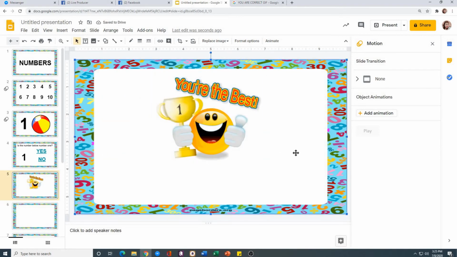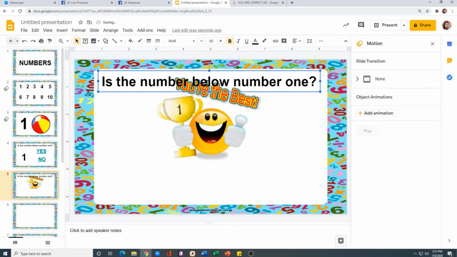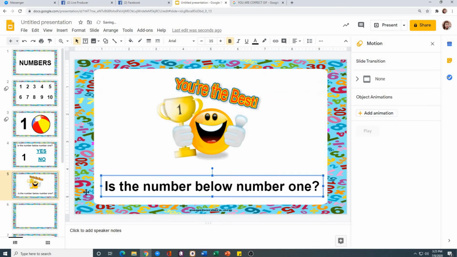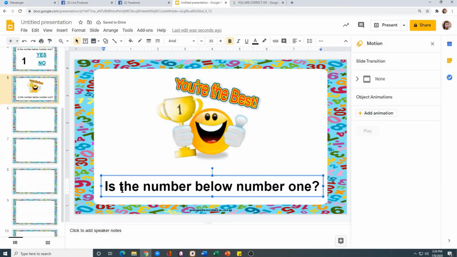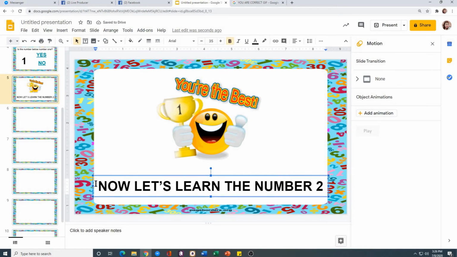That would basically be seen by the student, no? It's there. Now, try to create another hyperlink below that. So let's just copy that there, and let me just scroll it down. Now, "Let's learn the number 2." So say for example that. That would mean if the student would click "Let's learn the number 2," it would then go